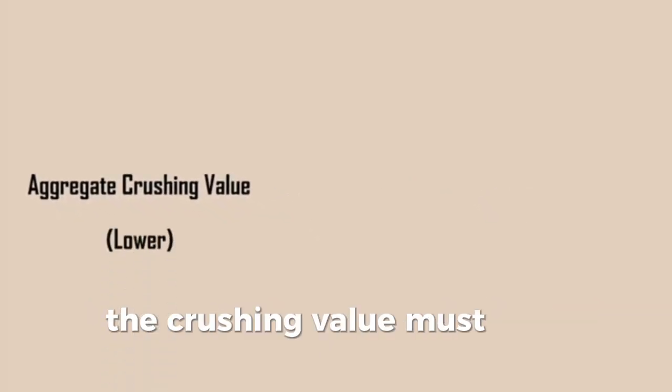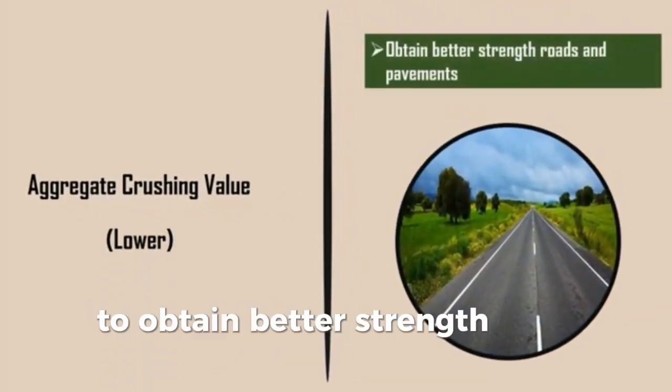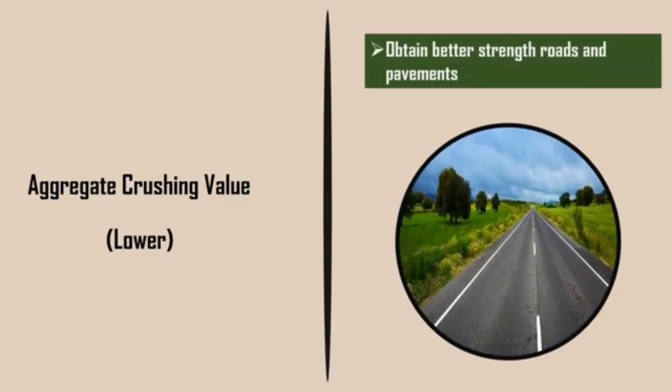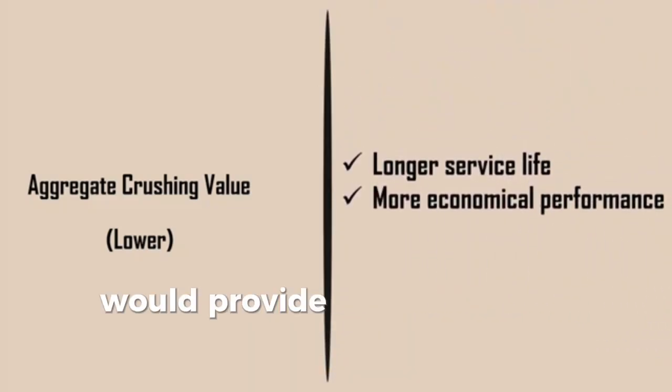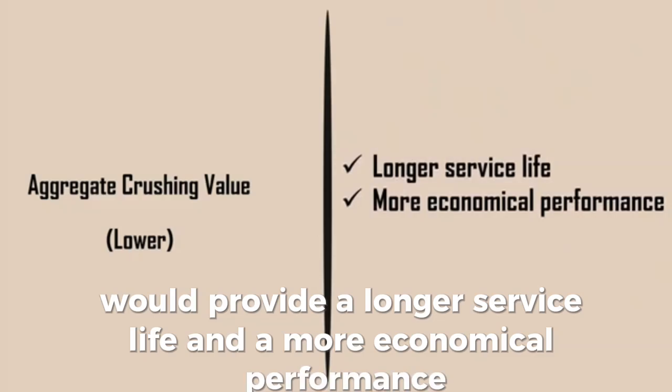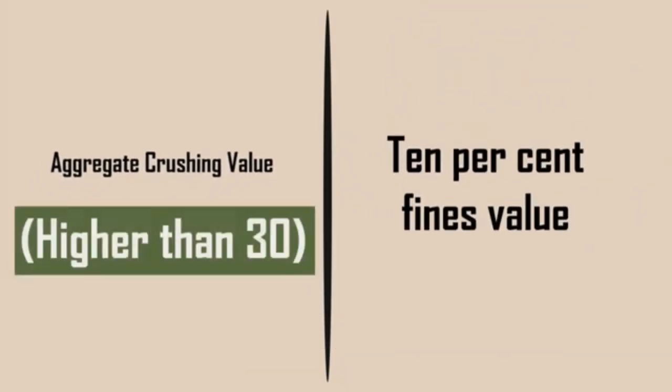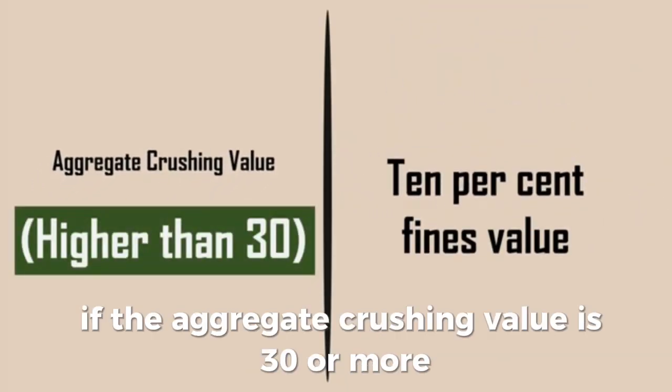The crushing value must be as low as possible to obtain better strength roads and pavements. The lower crushing value aggregates would provide a longer service life and a more economical performance. If the aggregate crushing value is 30 or more,